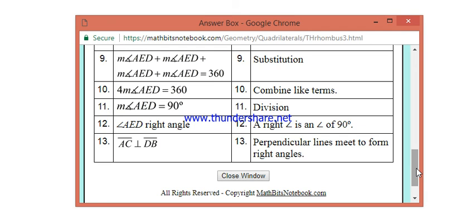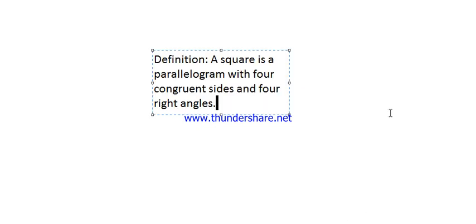Reason is division. For number 12, angle AED is a right angle, and the reason for this is a right angle is an angle with a measurement of 90 degrees. For number 13, diagonal AC is perpendicular to diagonal DB, and the reason, perpendicular lines meet to form right angles. That's it for rhombus. Moving on,